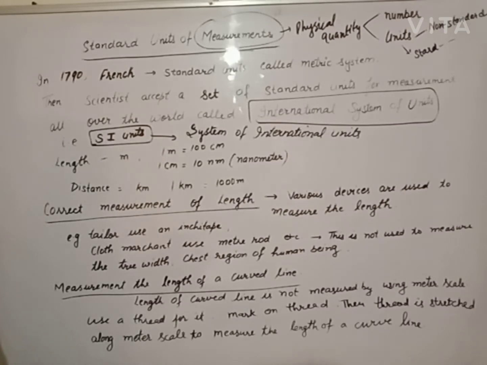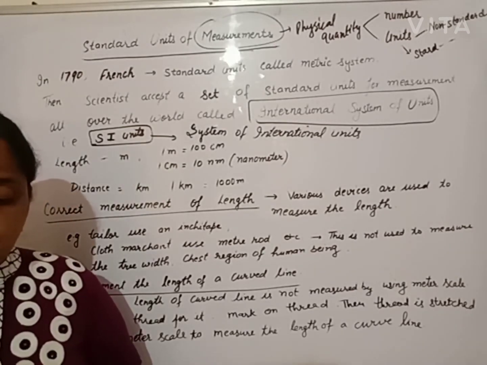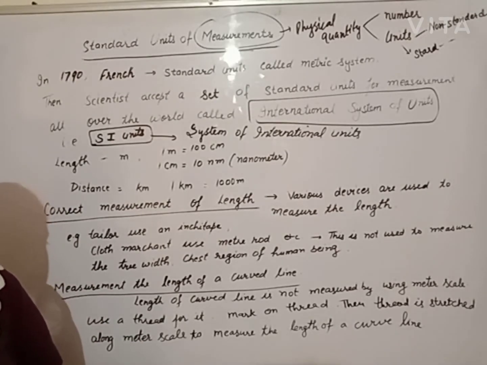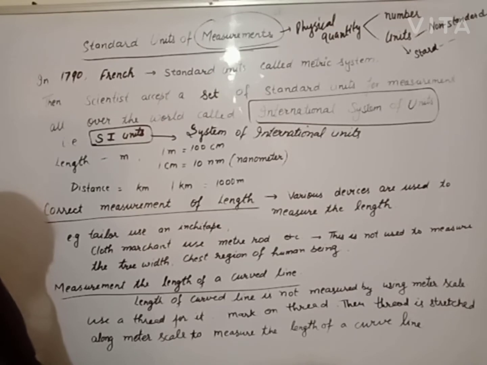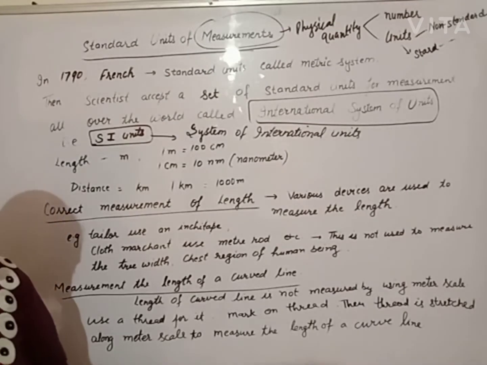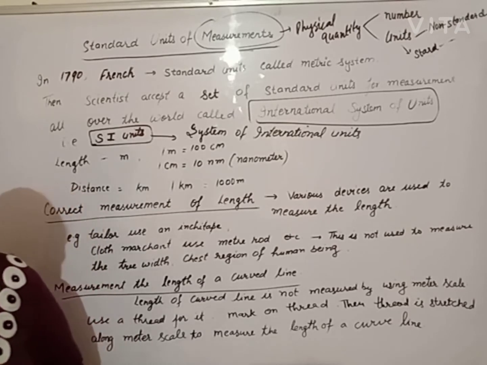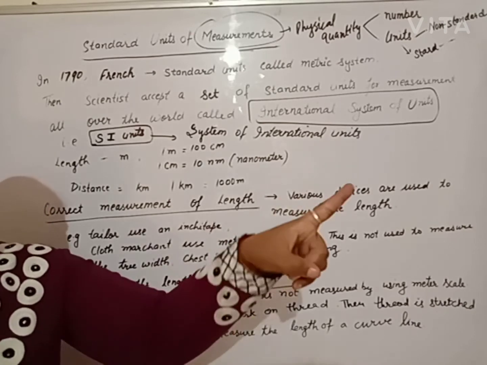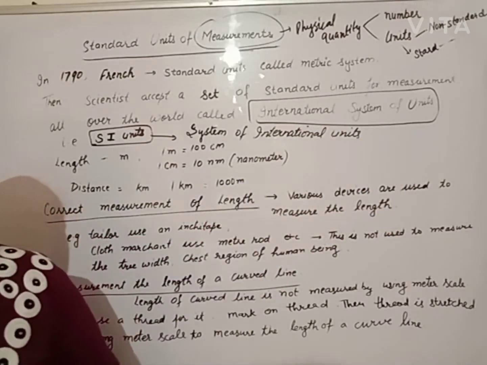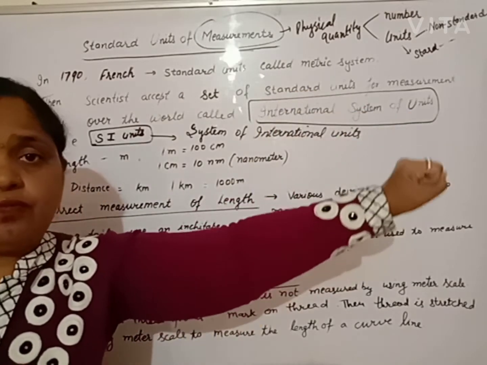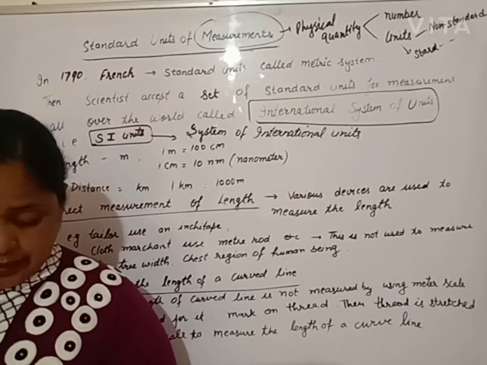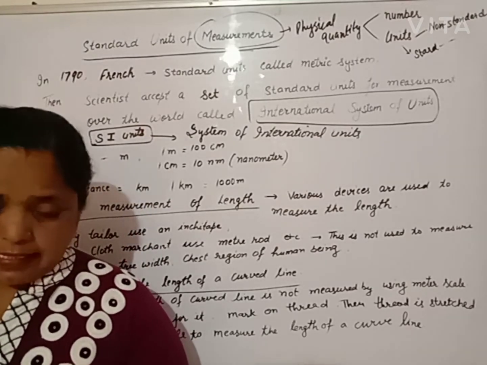Cubit, fathom, etc. will be used. In Egypt, the foot was accepted as a unit of length in other parts of the world. 1 cubit, 1 handspan, etc. Beta, in India, small length measurements were used as angul, finger or muthi. Small length: finger 1, 2, 3 or muthi 1, 2, 3, 4, like this. But each and every person has different body parts. Every person's body parts could be slightly different in size.